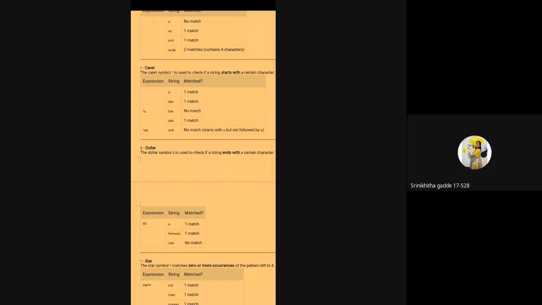The next one is the dollar symbol. This dollar symbol is used to